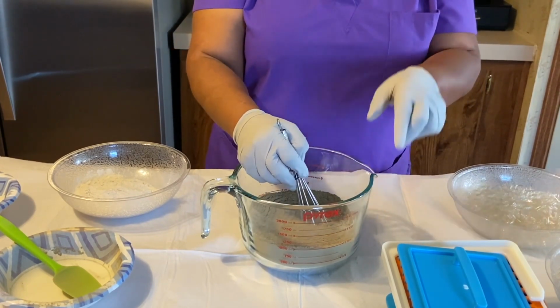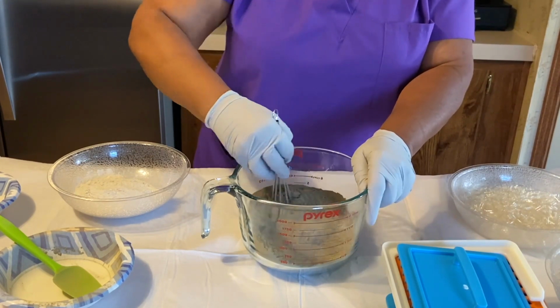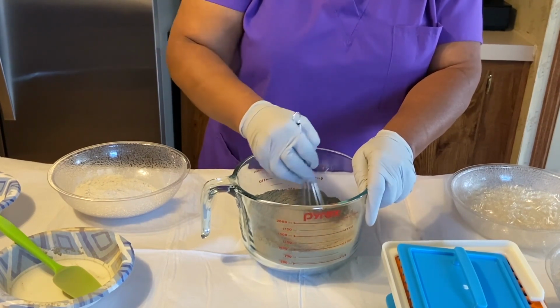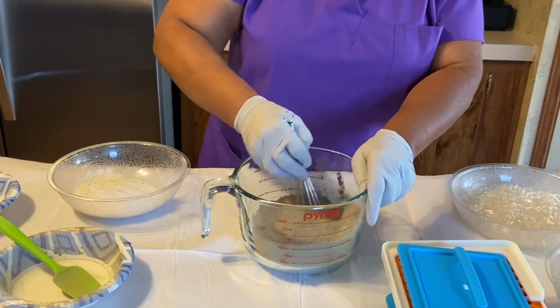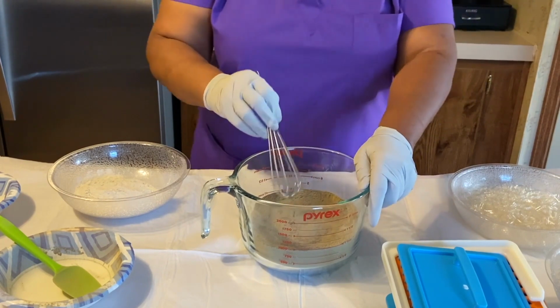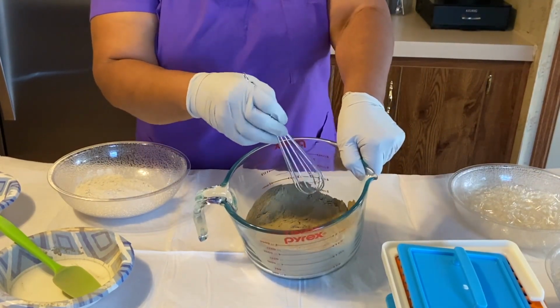How can I say? One size does not fit all. Now it's going to work, but maybe you need a little bit more of one thing than you do another. It just depends on your combination of herbs. Okay, now you see that's been well incorporated. All right, now